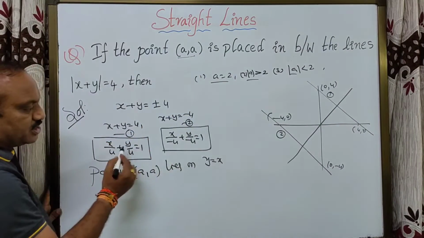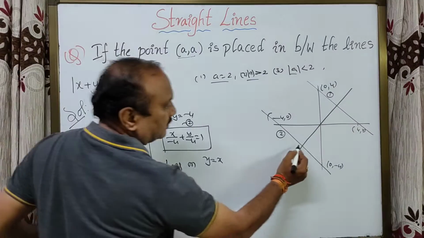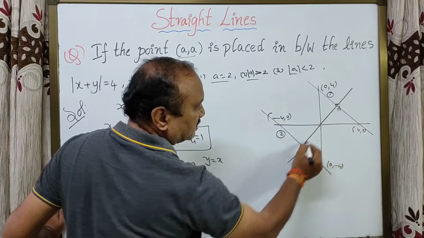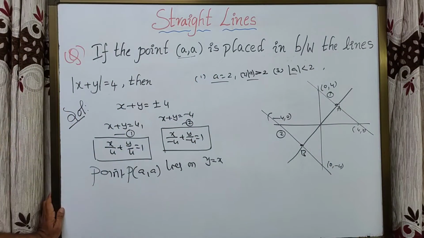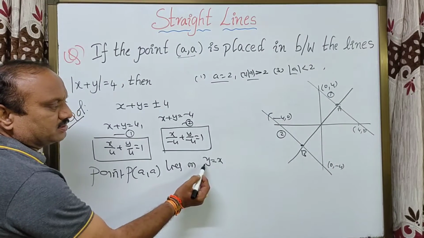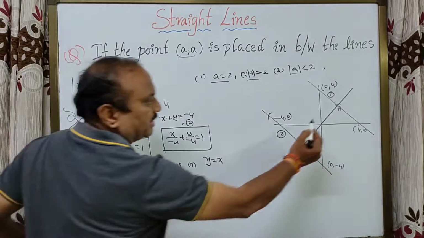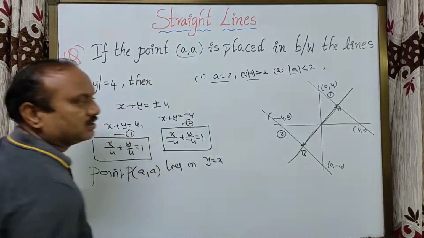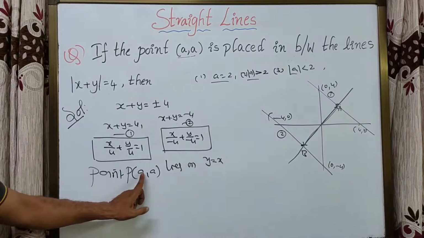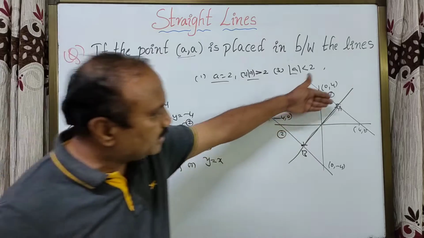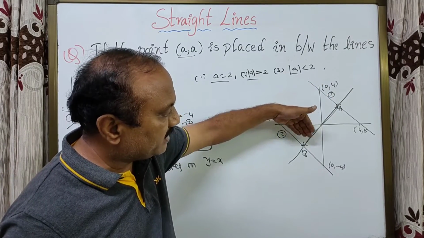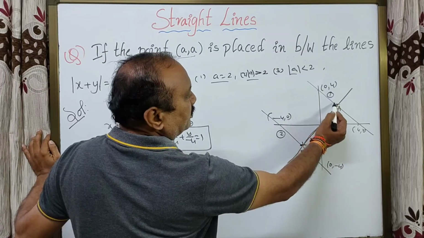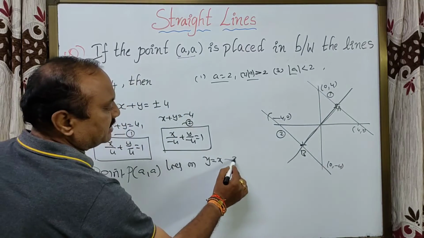It is given that the point (a, a) lies between these two lines, which means that the point lies in between A and B along this line. Please remember, (a, a) will be on the line. In between these two points, A and B, the point moves in between the lines. So here x coordinate a, y coordinate a, it moves from A to B. That means you find out point A and point B. Point A is the intersection point of this line and this line. Say this line is 3.